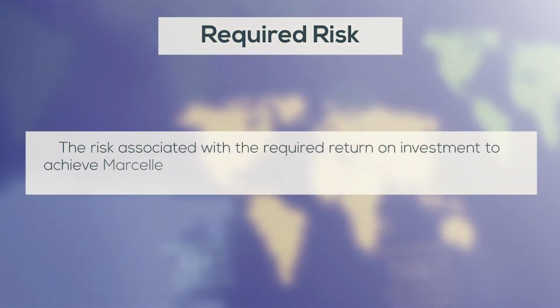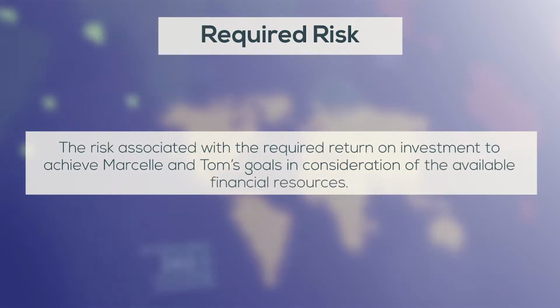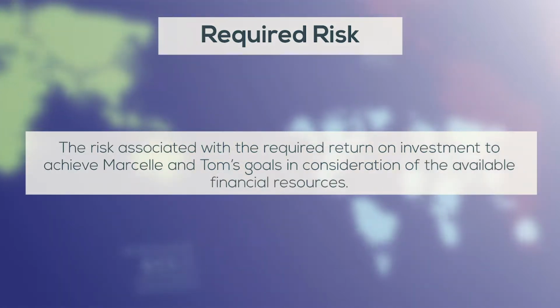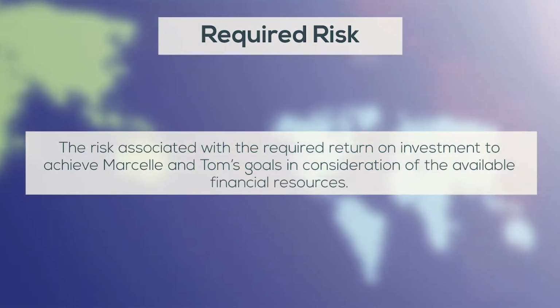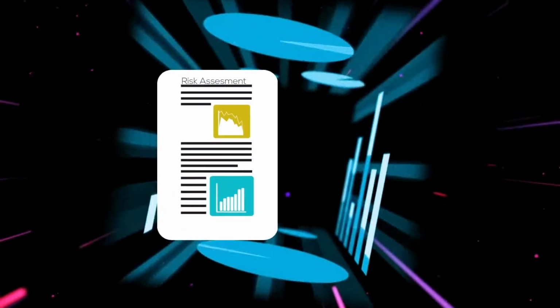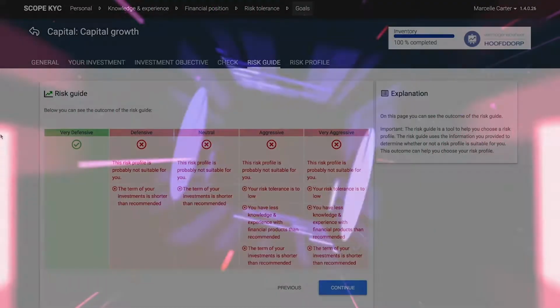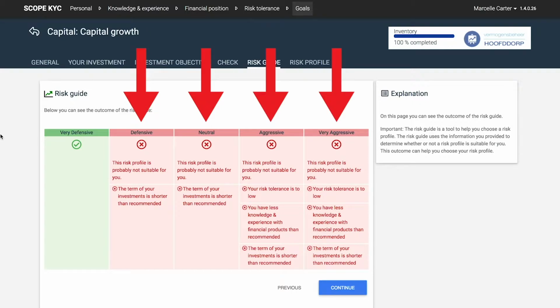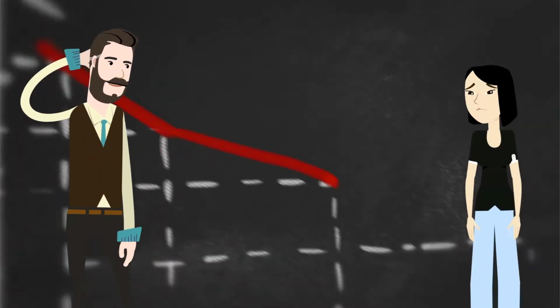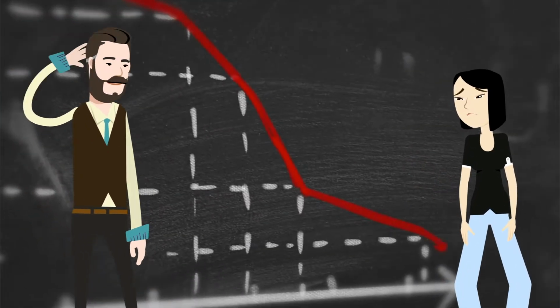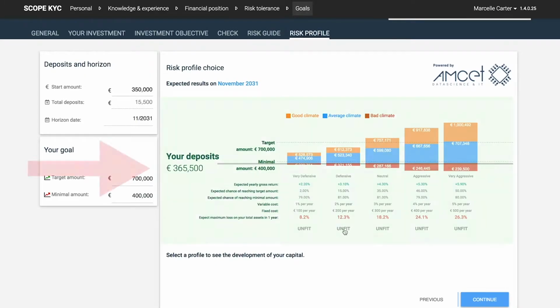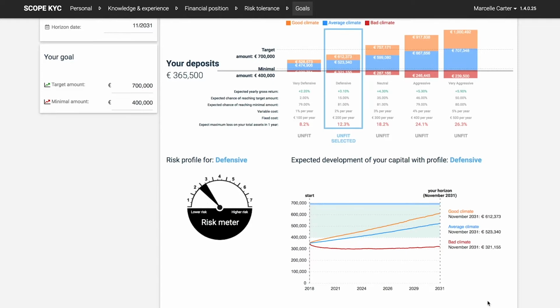The required risk entails the risk associated with the required return on investment to achieve Marcel and Tom's goals in consideration of the available financial resources. This means that the results of the calculation can show that a particular financial goal is unreachable because the client's risk tolerance or risk capacity does not match with the required risk. A Monte Carlo simulation shows the possible return on investment for the various investment profiles, which also includes the downsides